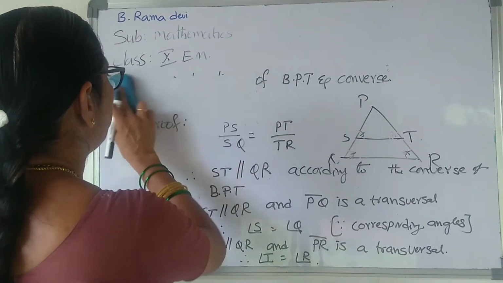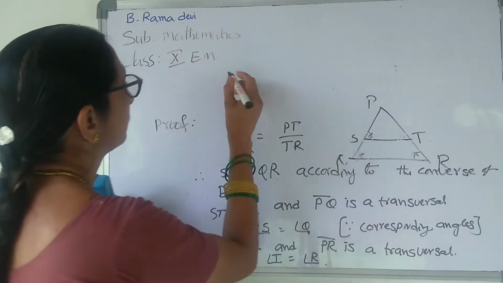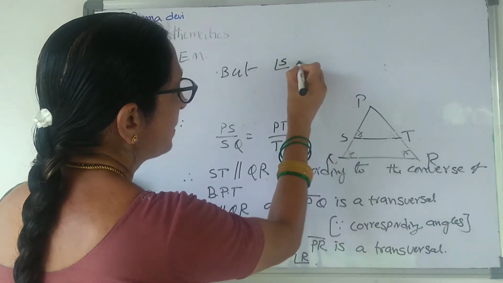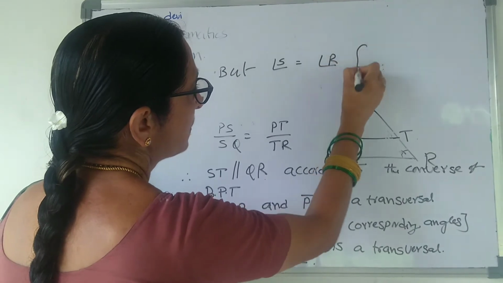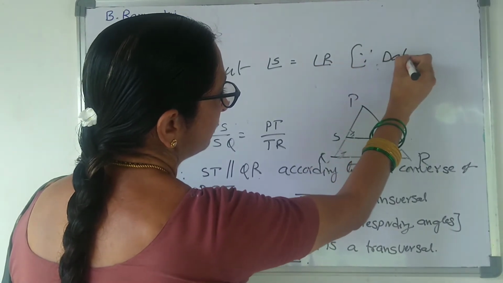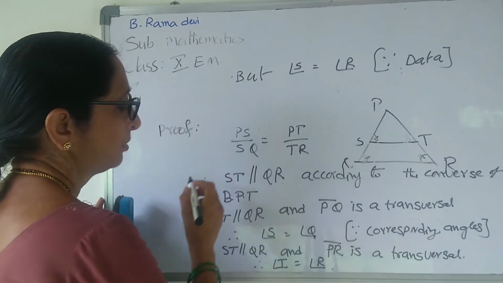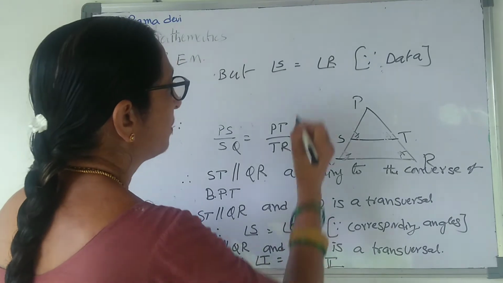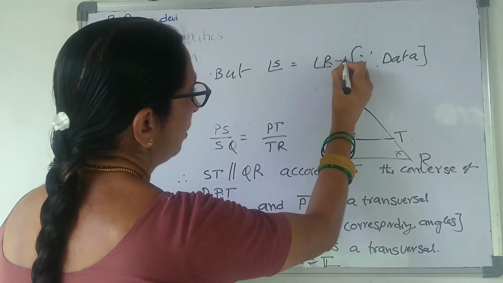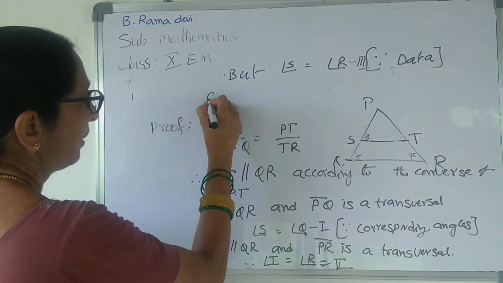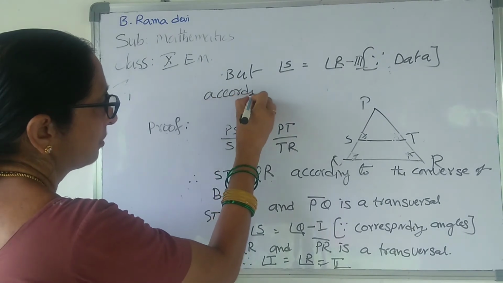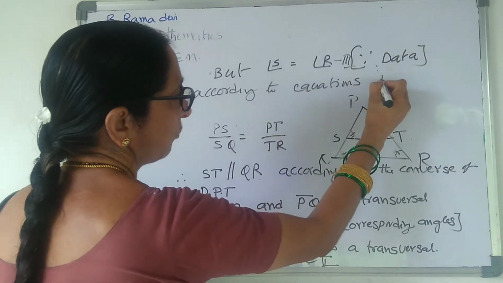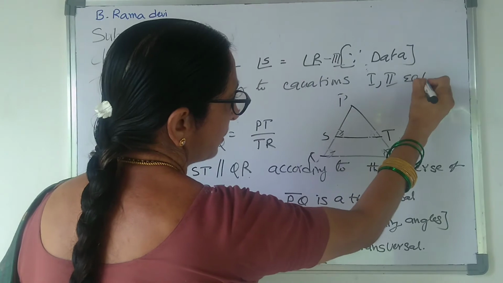But angle S is equal to angle R. This is the data. This is the first equation, second equation, and this is the third equation. According to equations 1, 2, and 3,